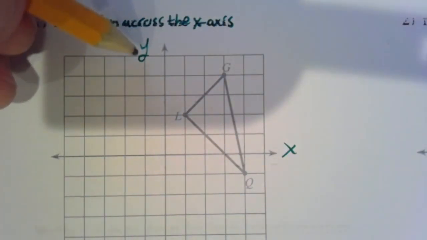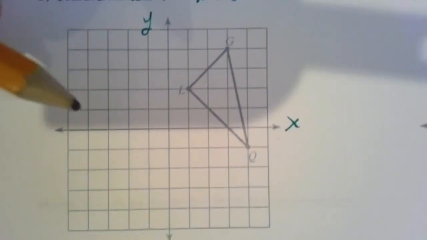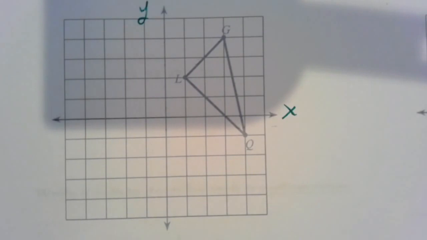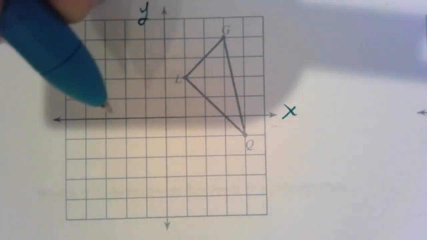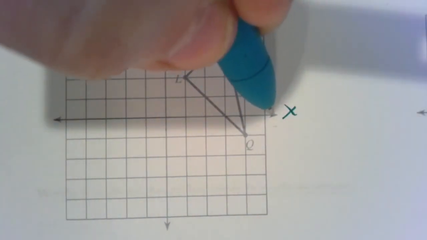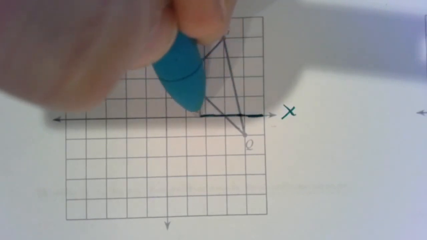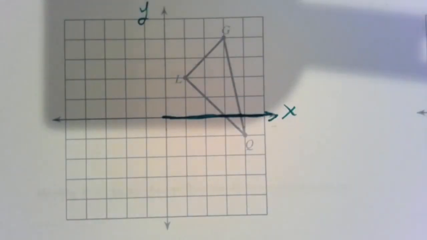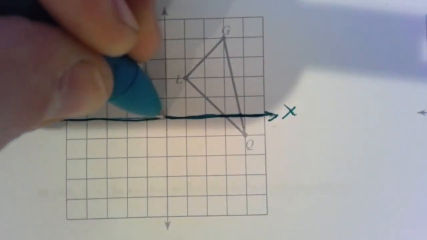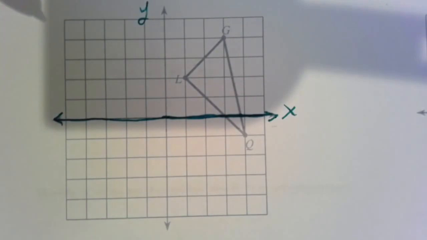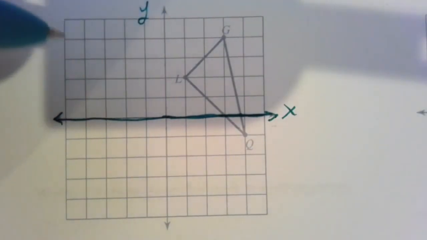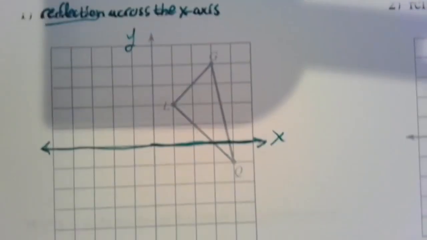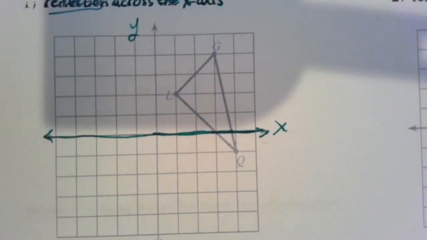So here I've got labeled my y-axis is the up and down axis. My x-axis is the left to right axis. I'm going to draw out the line that I want to reflect over, which is right over here. I might as well do the whole line instead of just a ray. Next what I need to do, if I'm reflecting across the x-axis, is actually, before we do that, I